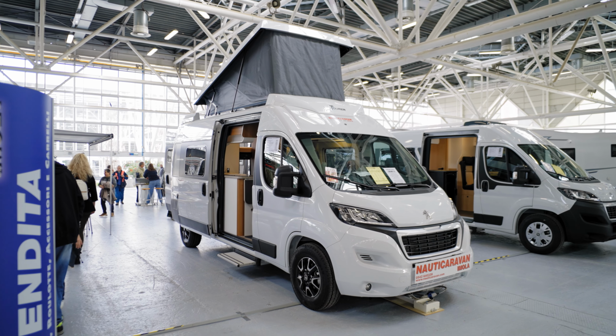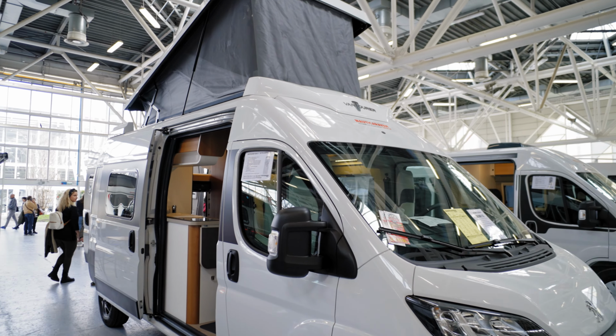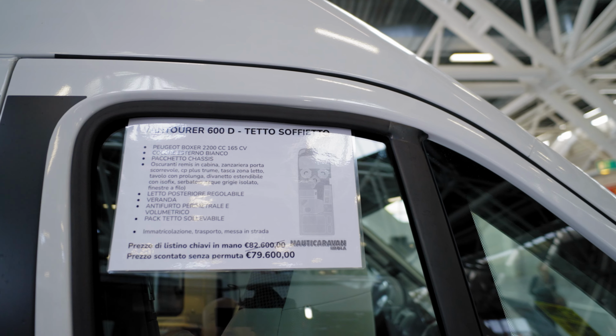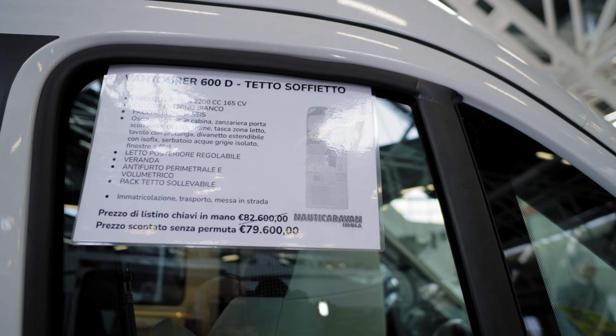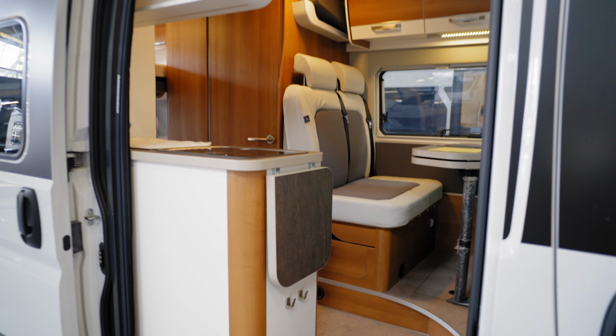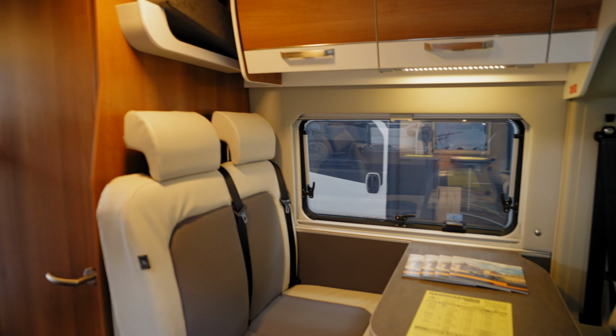And we are in front of a van offered by Nautic Caravan Imola, and it's called the Vanturer 600D with the actual pop-up roof. The actual price of this model is 79,600. And now we shall be entering inside to check this actually pretty luxurious van